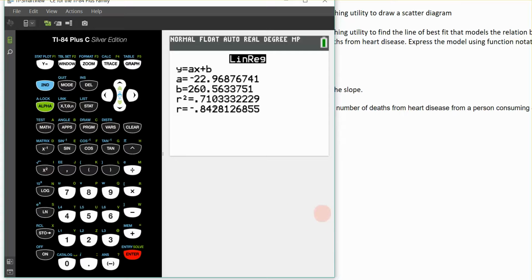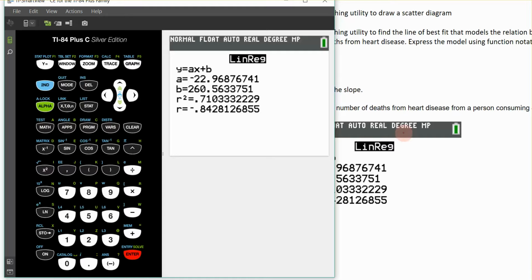So you're looking for an R value that is close to either positive or negative 1, and that's going to tell you whether or not your equation does a good job matching the data that you've collected. Okay, so I'm going to drag this over here and we're going to keep a hold of that